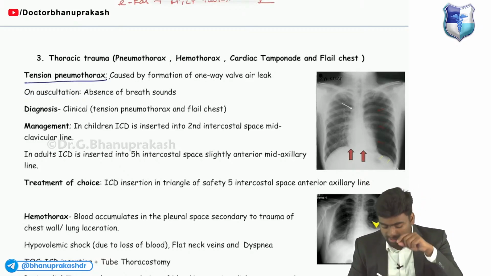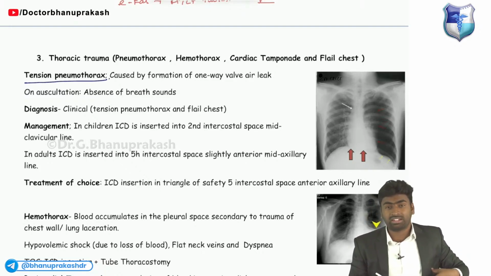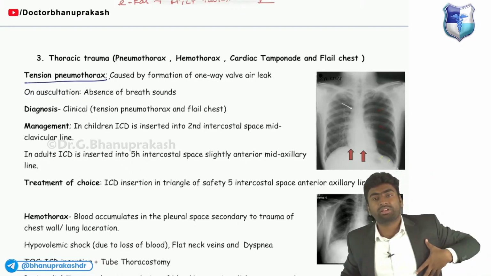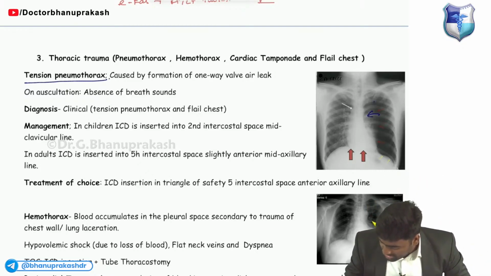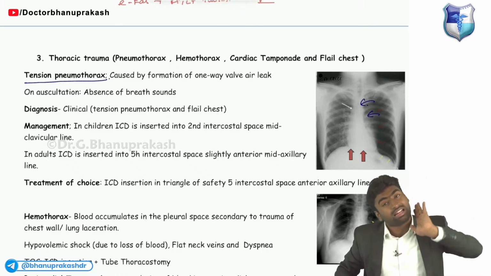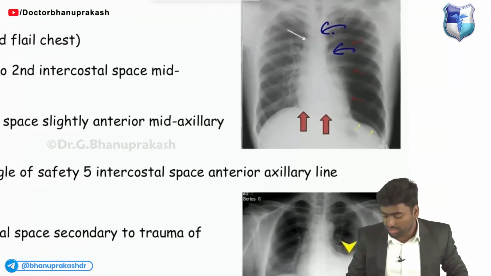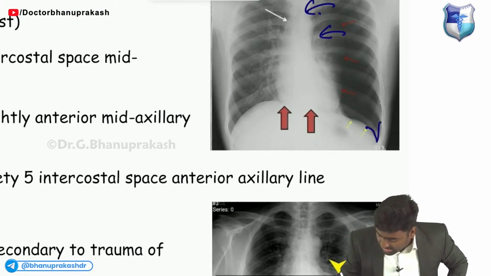Whereas in a case of trauma, due to some fracture or one-way valve, air accumulates on one side, and this air accumulation pushes toward the opposite side. When it causes tension on the opposite side, and even tracheal deviation, it is known as tension pneumothorax. And we know that when there is pneumothorax, if you are able to see, there is this sign which is known as